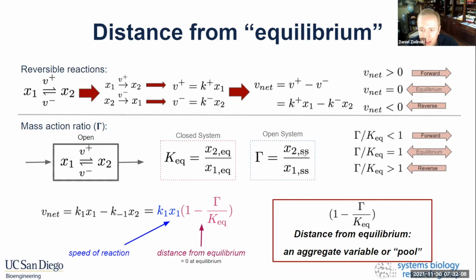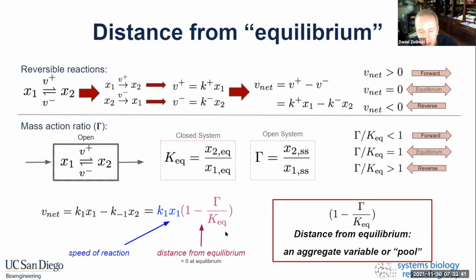That is the ratio of the concentrations at steady state. So our steady state, we're assuming here, is a non-equilibrium steady state. And we can take a ratio of these two to say how far a reaction is from equilibrium. We can actually reformulate our mass action rate law in terms of a distance from equilibrium, and we get something that looks like this: k1 times x1 times (1 minus gamma over Keq). So this is just a reformulation of this rate law in a way that highlights the distance of the reaction